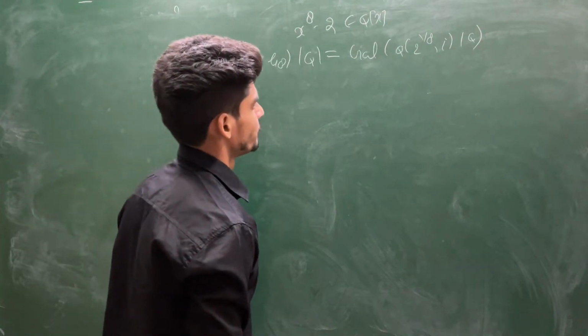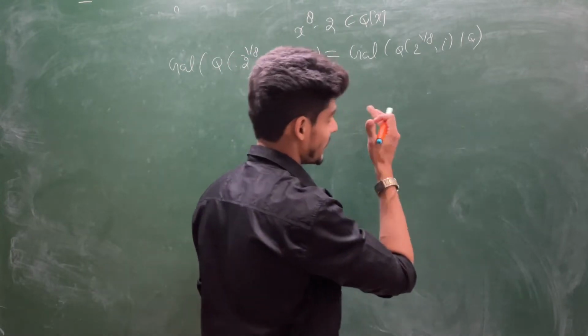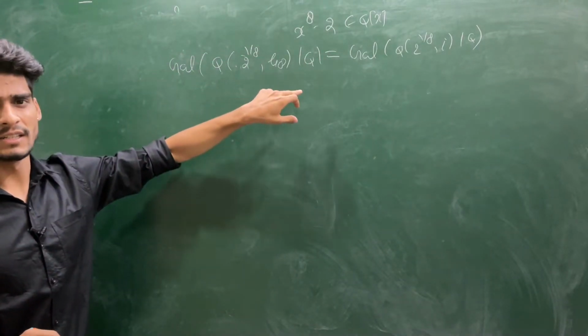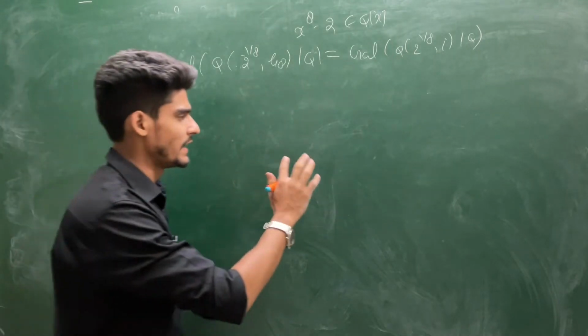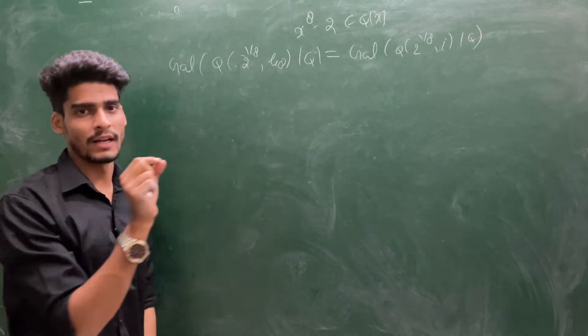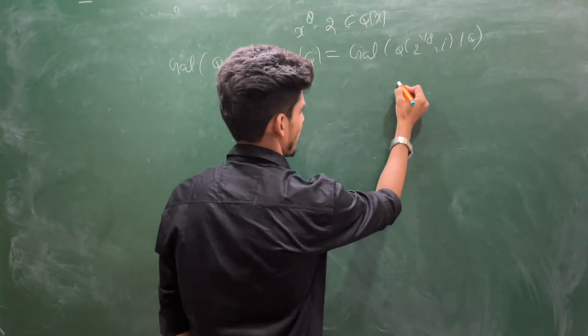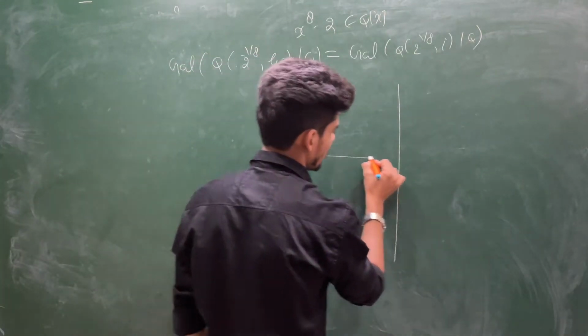So in the last lecture, I created a unit circle and I showed you how to plot this zeta 8 square and zeta 8 cube. Let me write again, and you keep that unit circle in your mind, because every time I will be using that. Again, I am creating it once more.